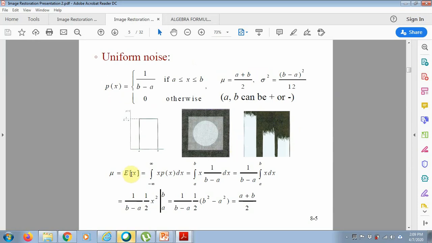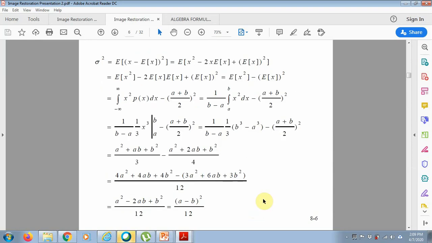So you have expected value of x is (a plus b) by 2. We are considering now the square, so (a plus b divided by 2) whole square. I will replace this value here and calculate this: the integral of x square p of x dx minus ((a plus b) divided by 2) whole square will be